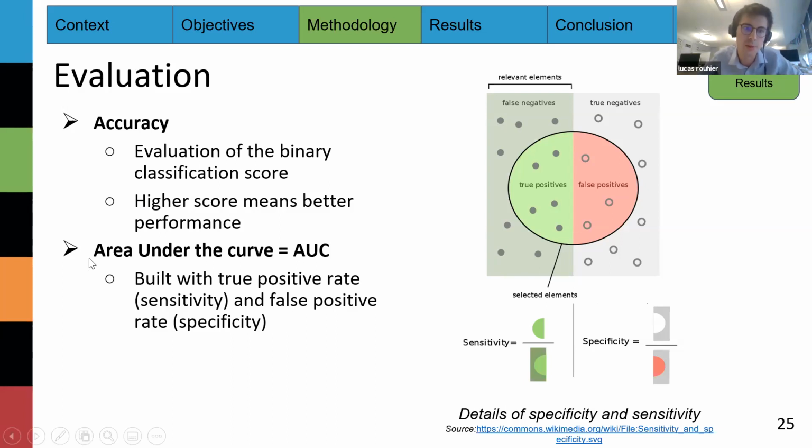Then we also used the area under the curve when it seemed relevant. This is built with the true positive rate, which is the sensitivity, as you can see here, and the false positive rate, related to the specificity, as you can see here. This seemed relevant because we might want to move to a more specific or a more sensitive network depending on the case, especially in biomedical. So this could be interesting to look at.